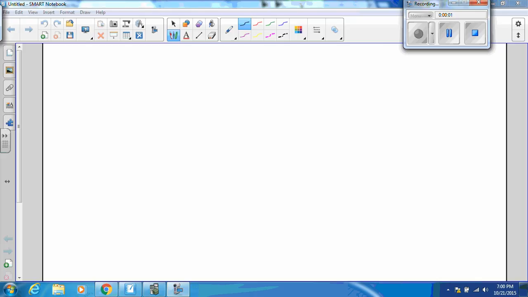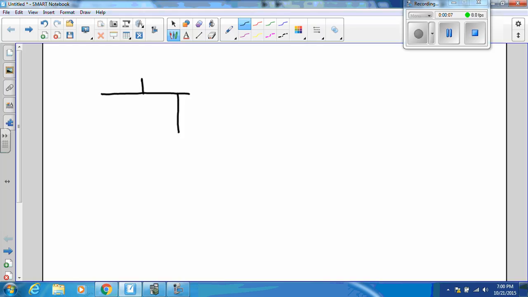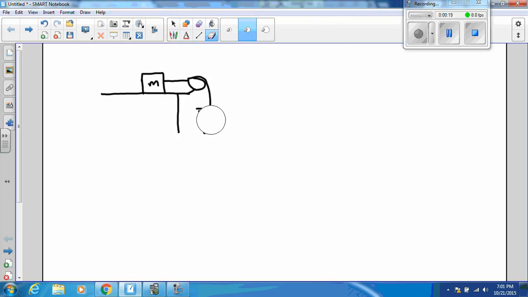Howdy. I wanted to complete the problem that we were doing at the end of class today. In this problem, we have a block of mass M, and we have a second block, block B, of mass 2 kilograms. And we're told that mu s here is equal to 0.3, and we're asked how large